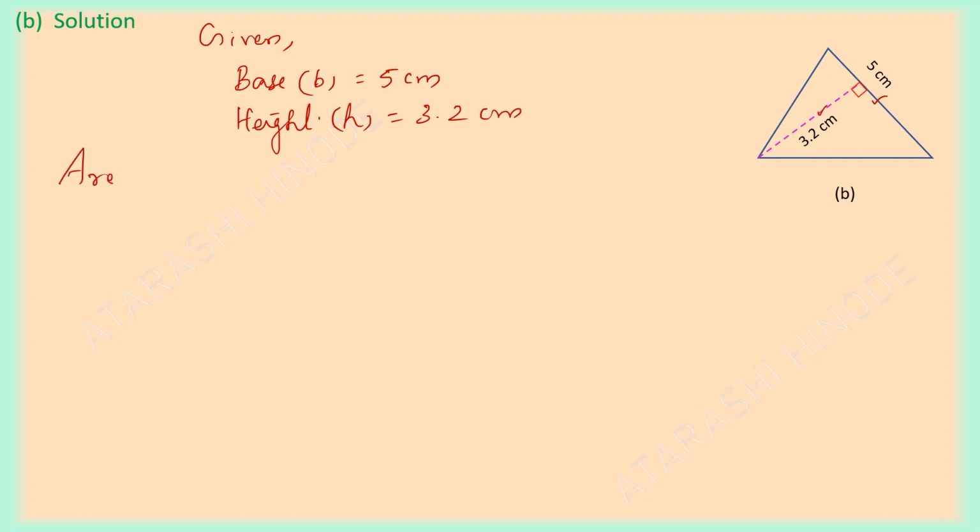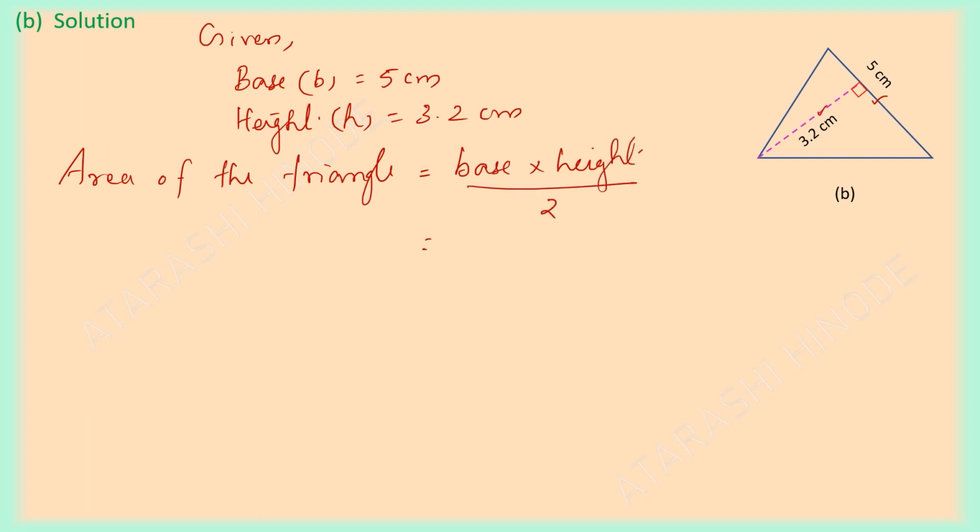Now area of the triangle equal to, formula is base into height divided by 2, that is equal to base is 5 centimeter into height is 3.2 centimeter divided by 2. Here you can divide 3.2 by 2, then we will get 1.6 here, and after that